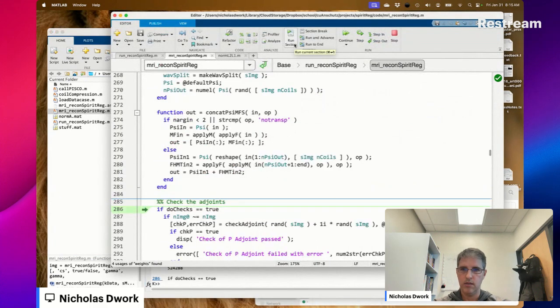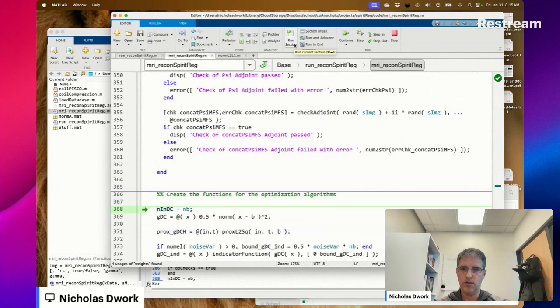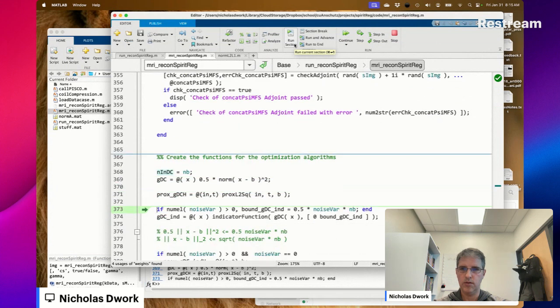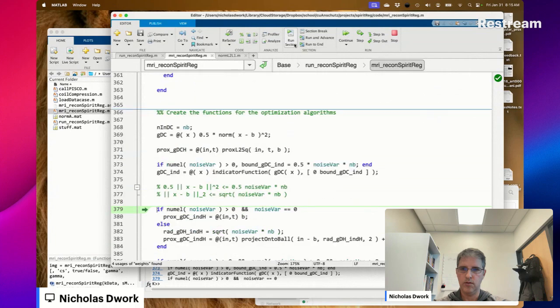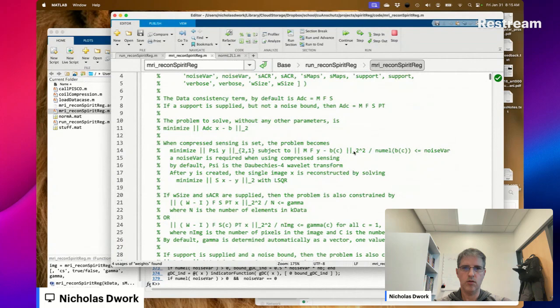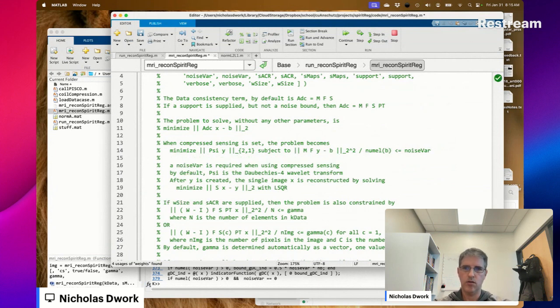And it is. Images of all coils of all images.